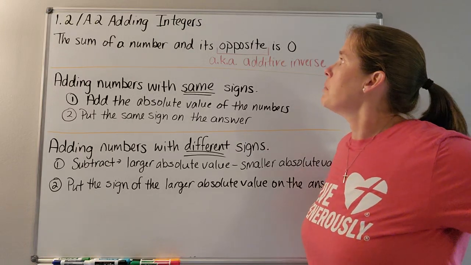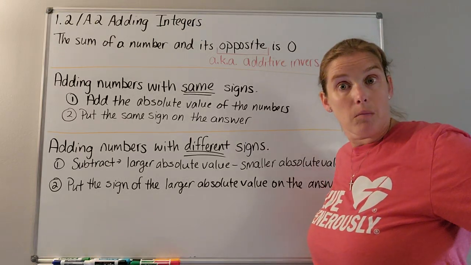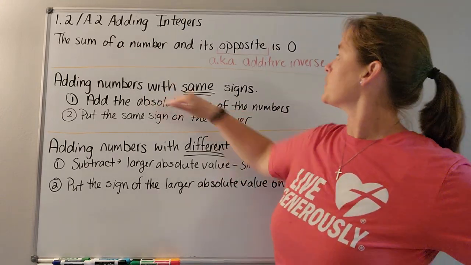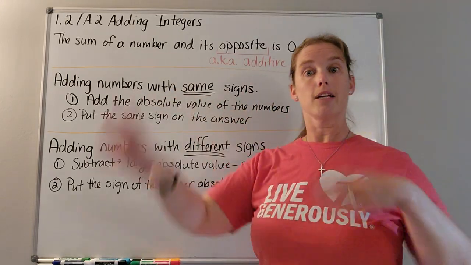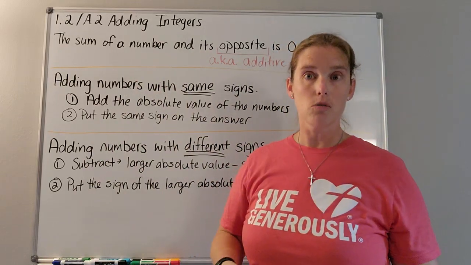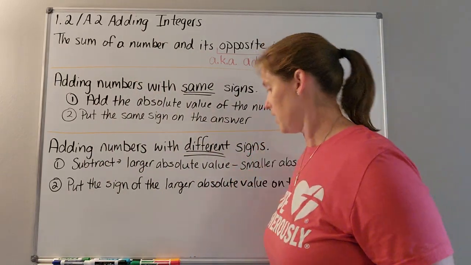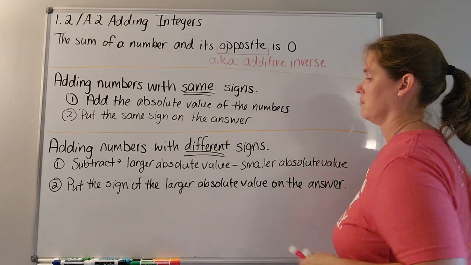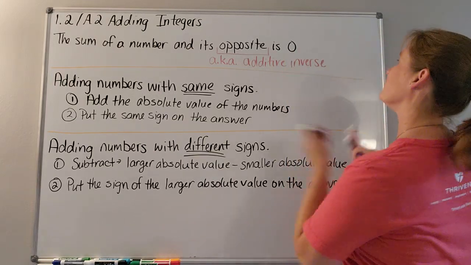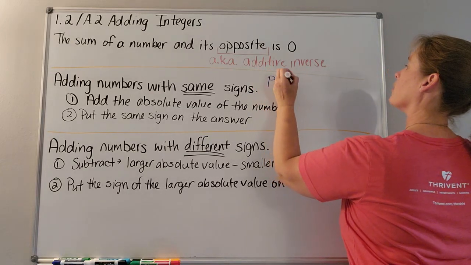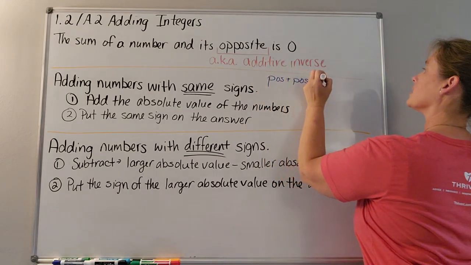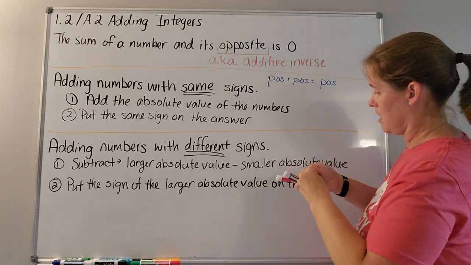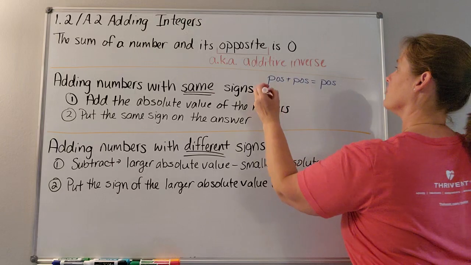It means the opposite of a number, because it cancels it out back to 0. Additive, because we're adding in this case, and inverse is another word for opposite. Okay? So the sum of a number and its additive inverse, or the sum of a number and its opposite, is 0. All right, now, adding numbers with the same signs. So adding 2 positives or adding 2 negatives. Okay, so this would be, take 3. Ha, I got the right color now. Positive plus a positive equals a positive. POS is positive, by the way, in case you didn't know. And negative plus a negative